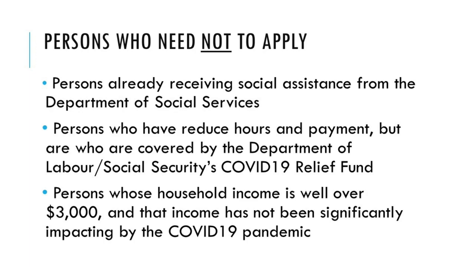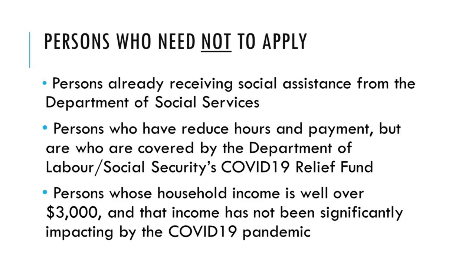Now, there's a category of persons that we indicate need not apply. Why do we say that? Persons already receiving social assistance from the Department of Social Services. They're already receiving some benefits from government. Persons who are on reduced hours and payment, but we know Social Security and the Labor Department, in collaboration, are offering assistance through the COVID-19 Relief Fund. Persons applying to that program and receiving that support would not also apply to the PAP program,